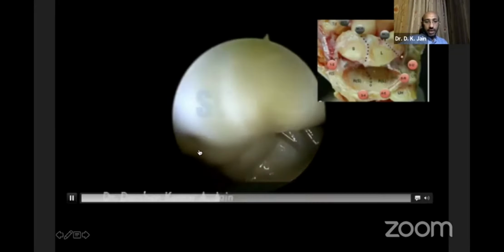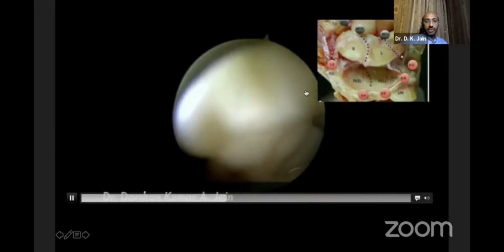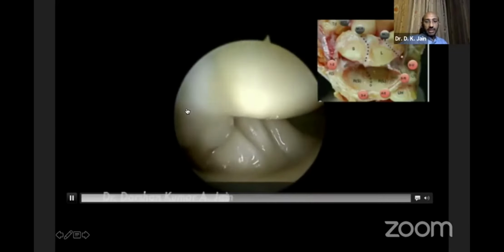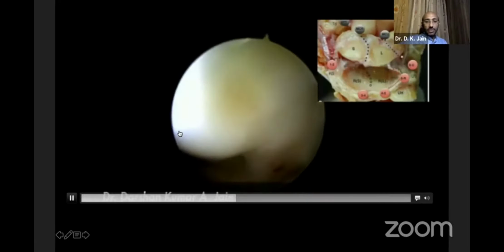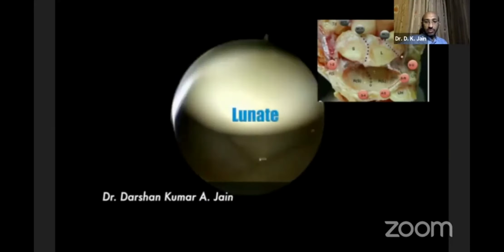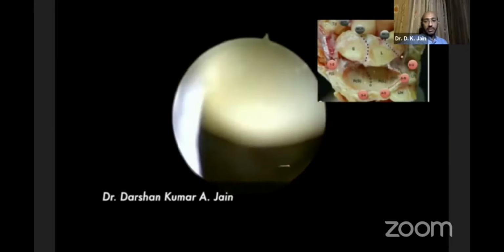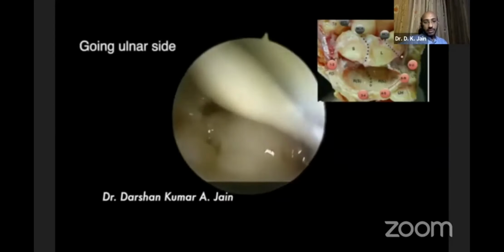Once you go down again, this is the scapholunate interosseous ligament, which you need to differentiate. This is the scaphoid here, this is the SLIL, and this is the lunate here. So basically, when you are looking for the diagnosis, you need to look in the radiocarpal as well as the midcarpal joint when you're suspecting a scapholunate ligament injury. Further, once you go ulnarwards again,